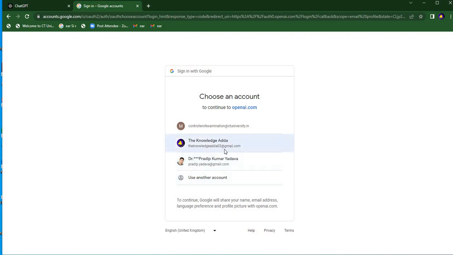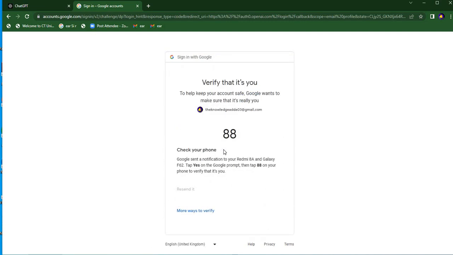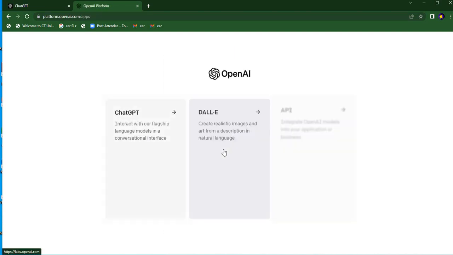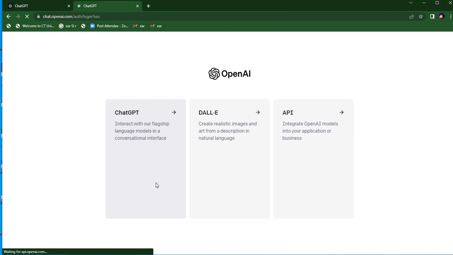Whenever you select your Gmail ID, you will get a verification message, because this is a facility in Gmail. If someone is logging in on another system besides you, you are going to receive a message. After verification, here you can see there are three options: ChatGPT, the API. Just click on ChatGPT.